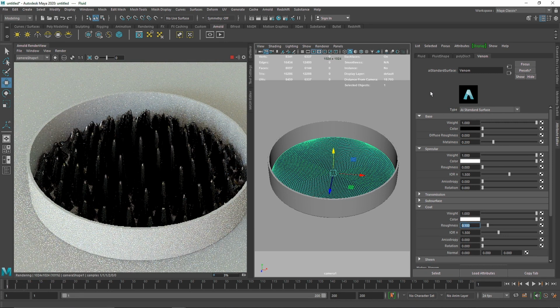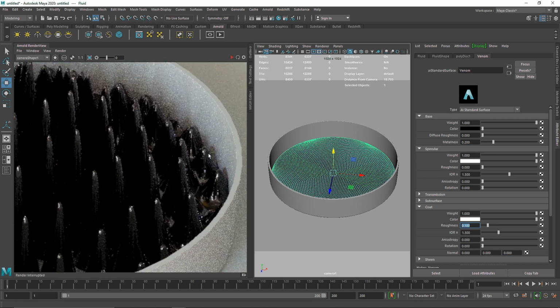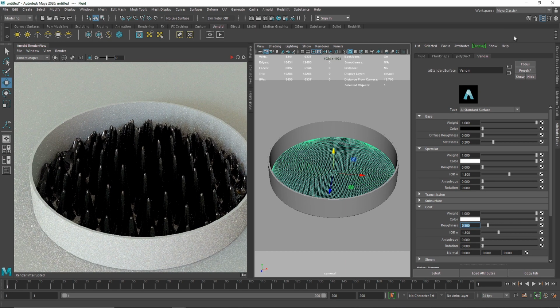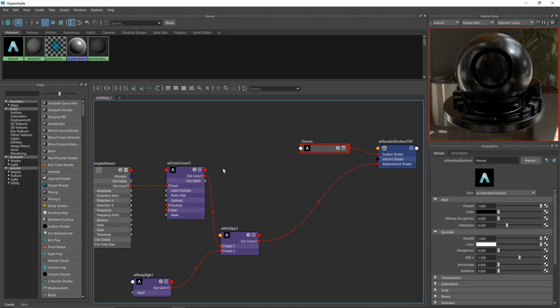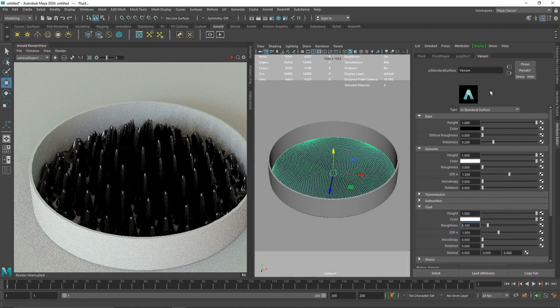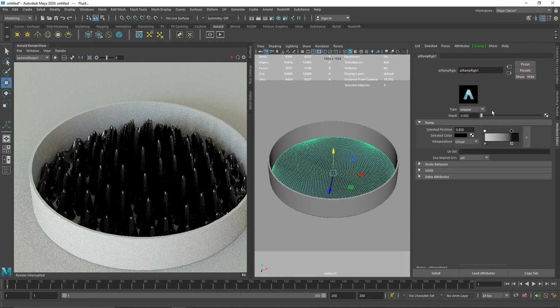So I think this is overall looking pretty good. Right now what you'll see is we have a bit of a problem here. You can see the overall collision regarding the geometry, so we have to get rid of the overall corners here. So I'm going to go one level up. You can also go to your hypershade and simply select anything that you want, something like a ramp, and you can come back here and you'll have that node right here, which is not displaying right now for some reason. So I'm going to go to my multiply here and go to my ramp here.